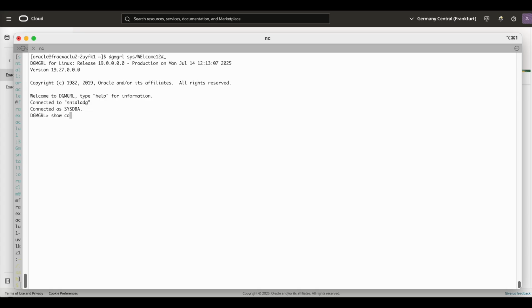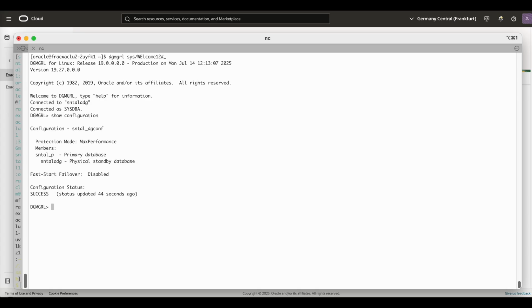Connect to DGMGRL and check the Data Guard configuration for success.